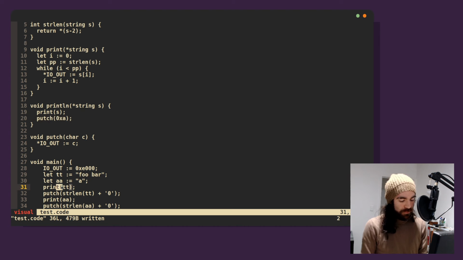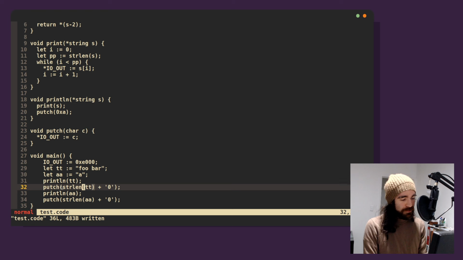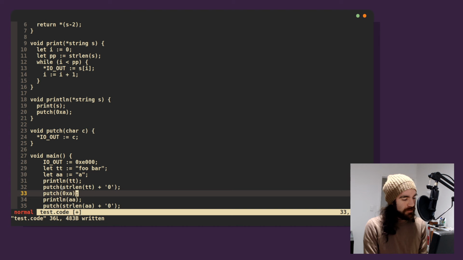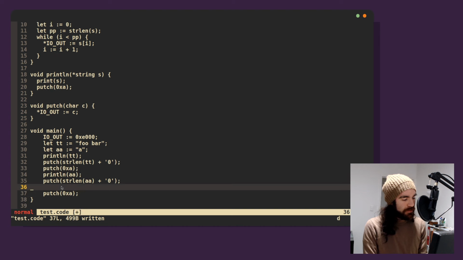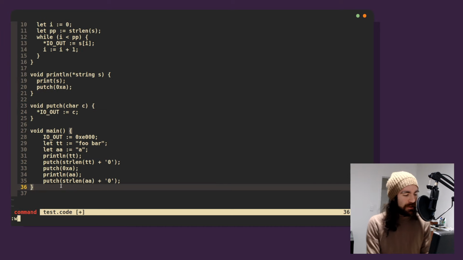So now we can say println, and this will put stuff on a new line, which is lovely. And then I just need a couple of extra putches because otherwise stuff looks weird. Okay. Nice. I don't need that last one, but that's good.